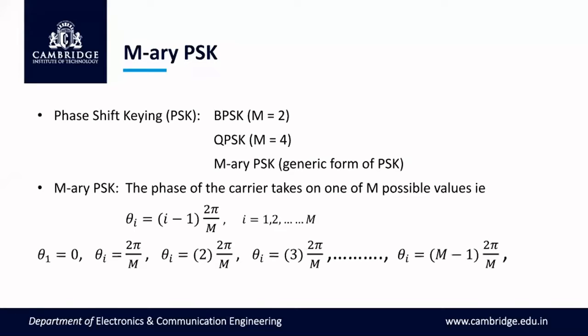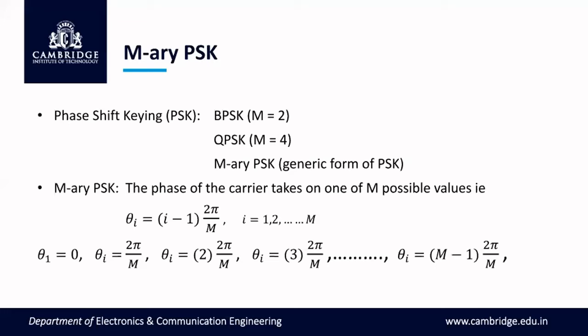But if you change to QPSK, the same carrier signal, which was going on the channel in a duration of 0 to capital T, will carry 2 bits of information. See, the same carrier is carrying 2 bits of information. Okay. The vehicle is the same. The carrier, the goods vehicle, is the same. It's carrying 2 big boxes in QPSK. The vehicle carries only one box in BPSK. So that's the difference between QPSK and BPSK.